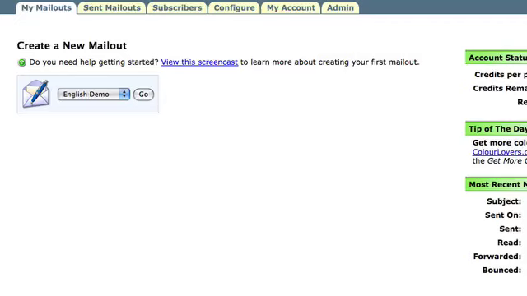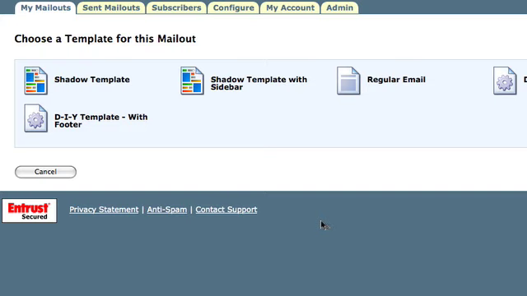Let me take you on a quick tour of your account. Here in the My Mailouts tab is where we create and send mailouts. We could go ahead and create one right now. I'll choose the shadow template,